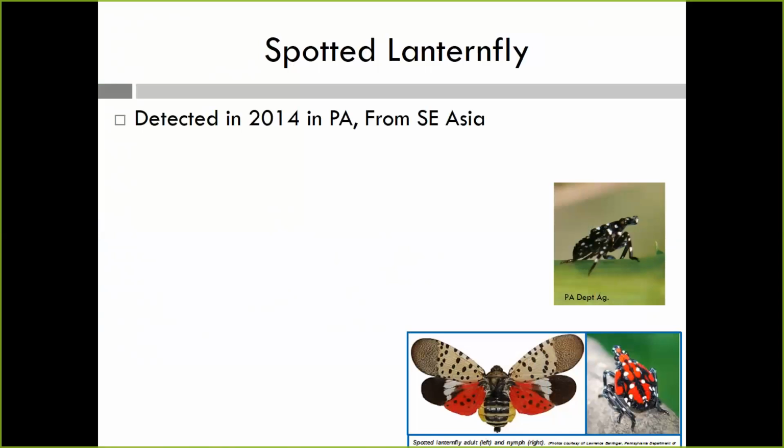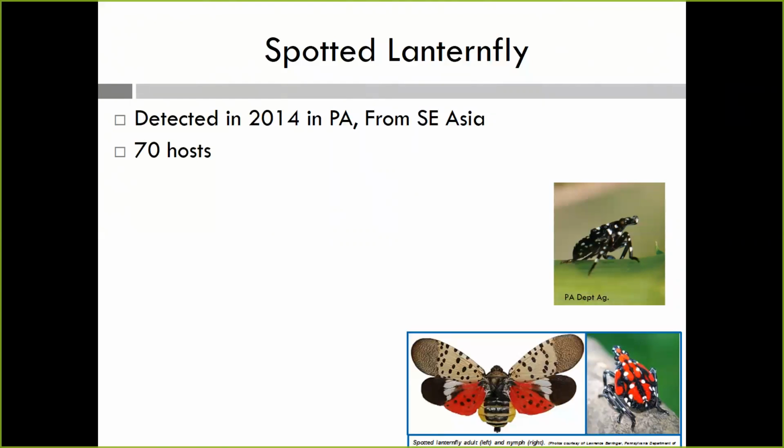It's called the spotted lanternfly. This is new because it was detected in Pennsylvania in 2014, and it's all the rage right now amongst the invasive bug people because we unfortunately think it might be on the move. It came here from Southeast Asia, detected in Pennsylvania. It probably arrived on quarried stone, and the problem is that it's not on stone because this insect loves to lay its eggs